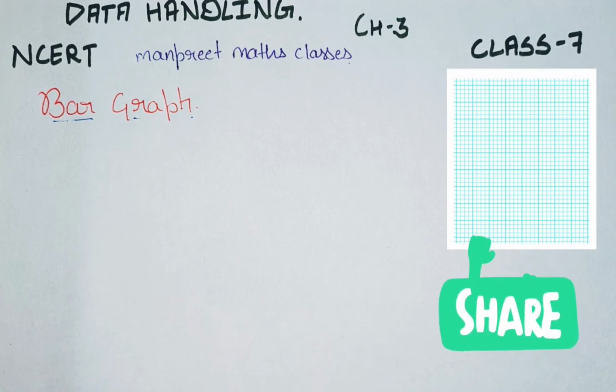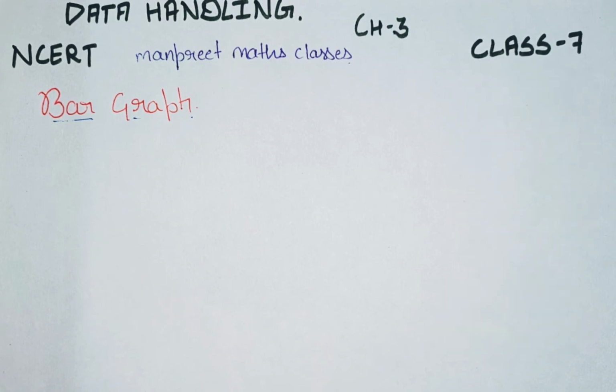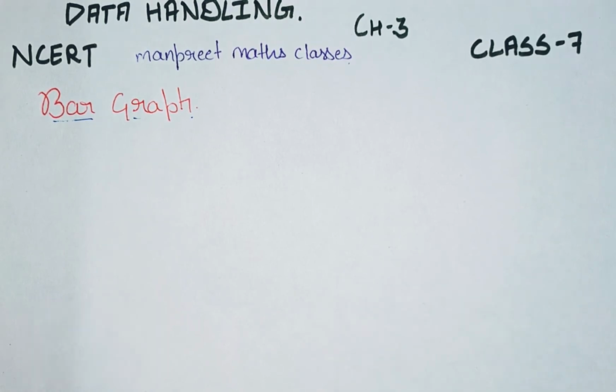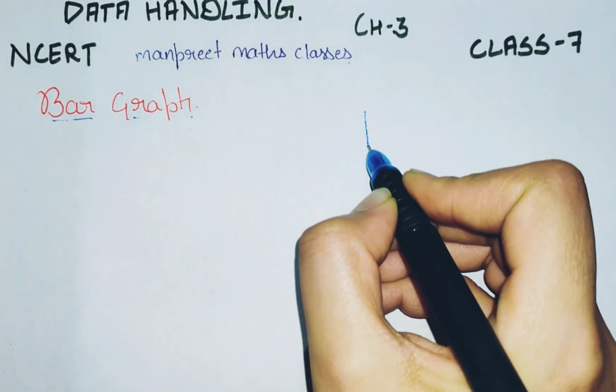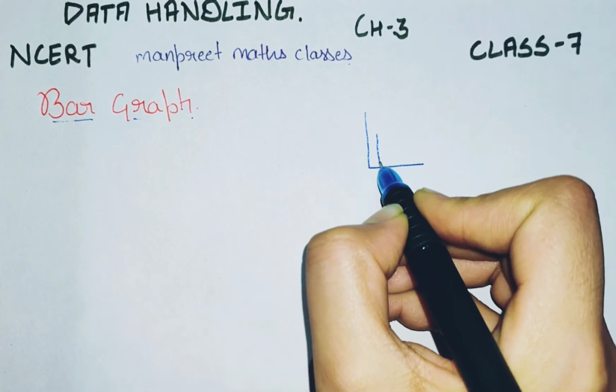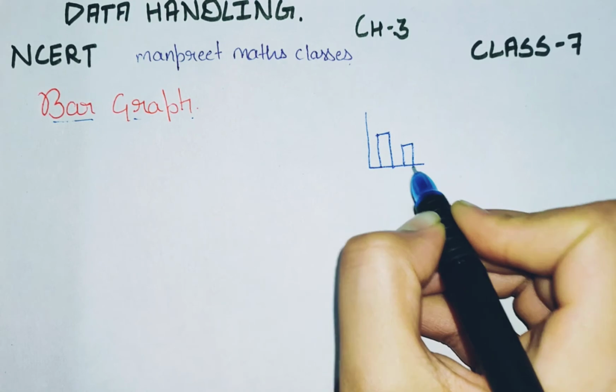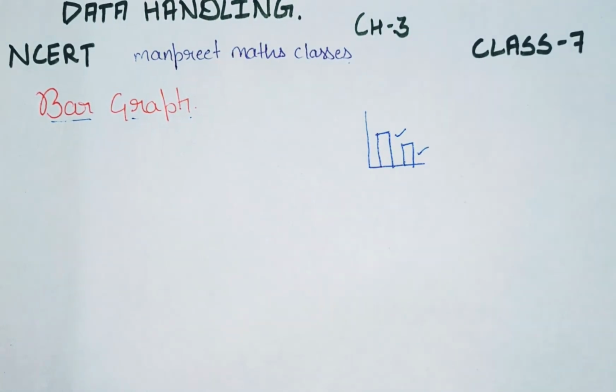You have seen graph paper also. I'll show it here on your screen. Yes, this is the graph paper. In this we represent the bars, or we can draw it in our notebook also. So suppose if something is like this representation, if you represent data in this form, these are known as bars, and this is known as representation by bar graphs. Okay, let us understand it with an example.